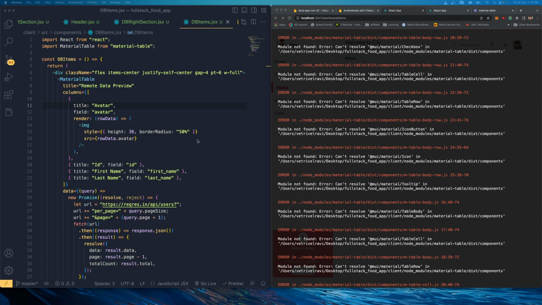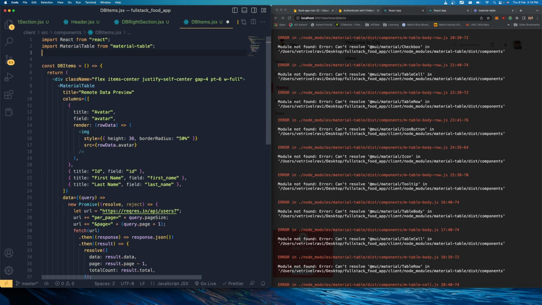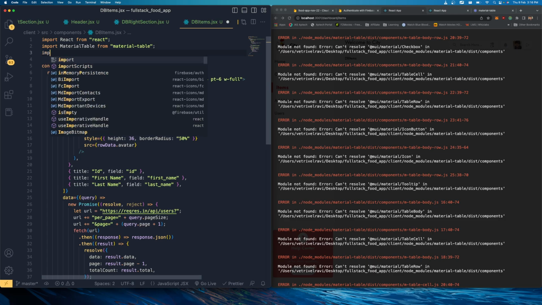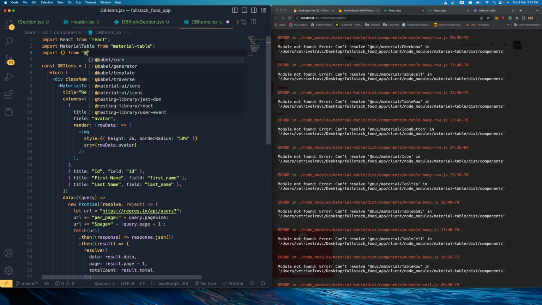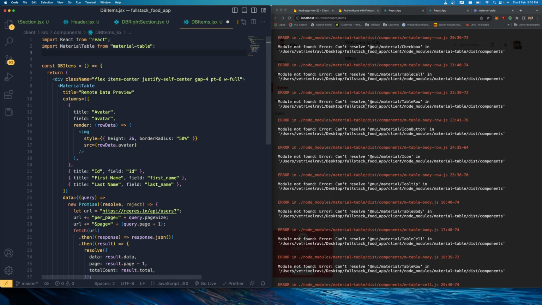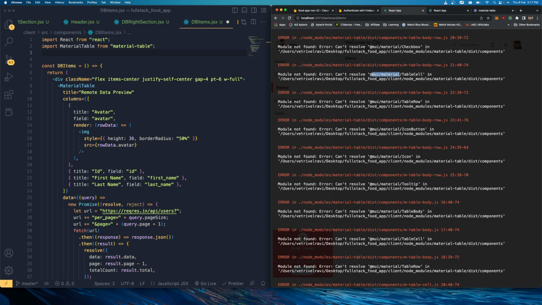To fix these issues, first of all, we need to wrap this complete item, this data table, into a theme provider, because this will work only with the theme provider. Okay, so let's import that from at material UI. We should get that from MUI and material, so those packages need to be downloaded. This is the place it's showing this error. So we need to install all these packages. So open your